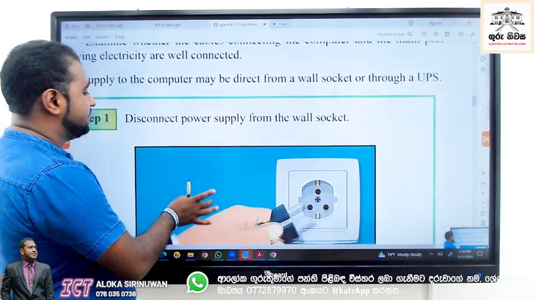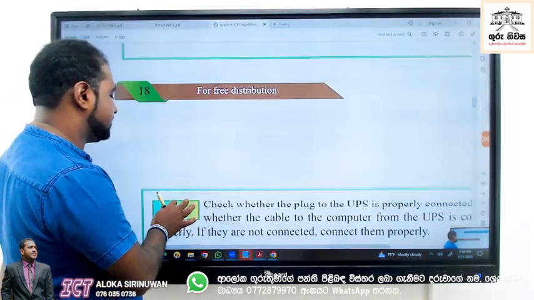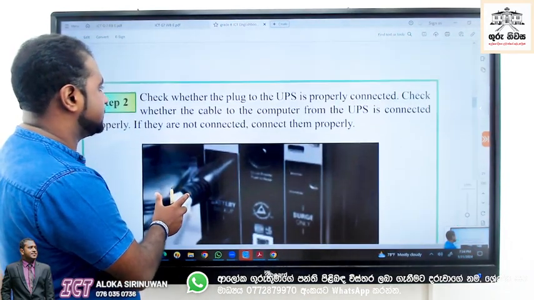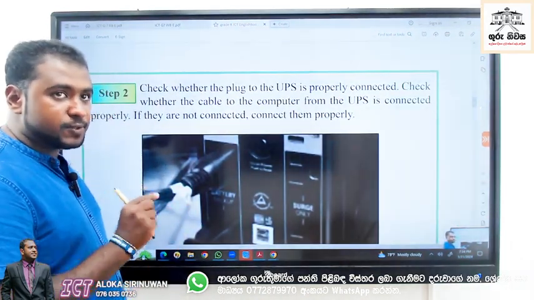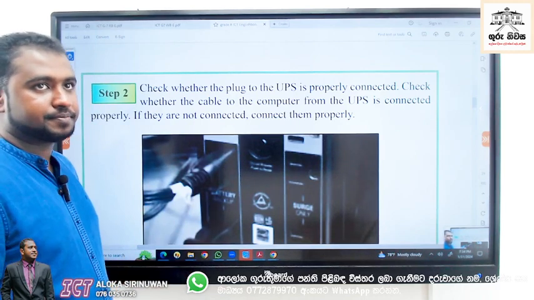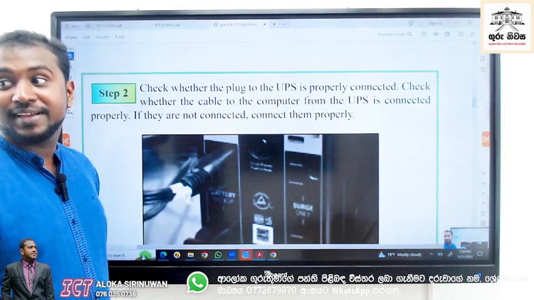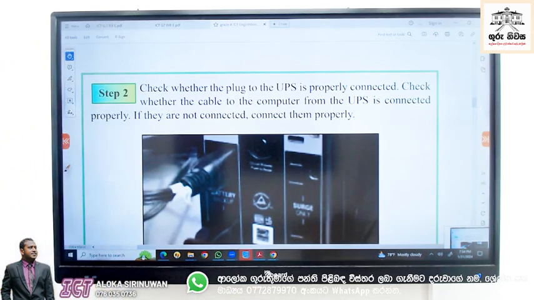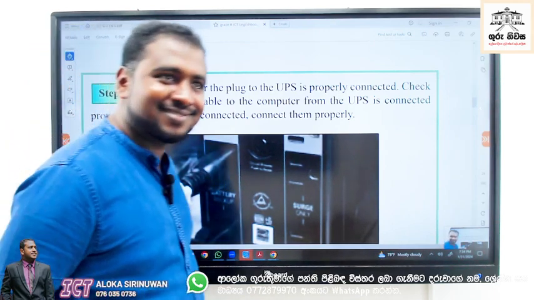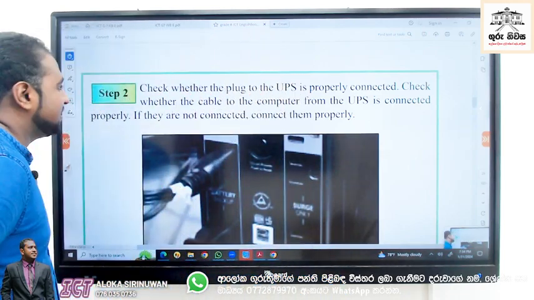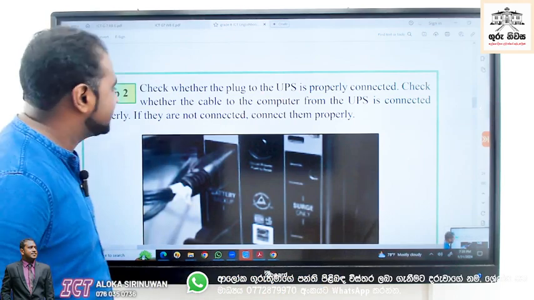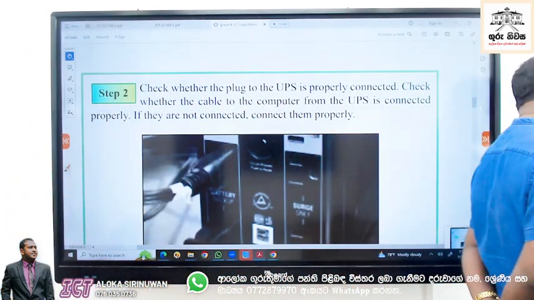Then step number 2, write it in black color. Check in blue color pen whether